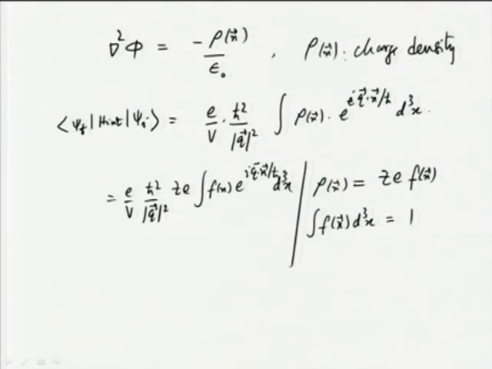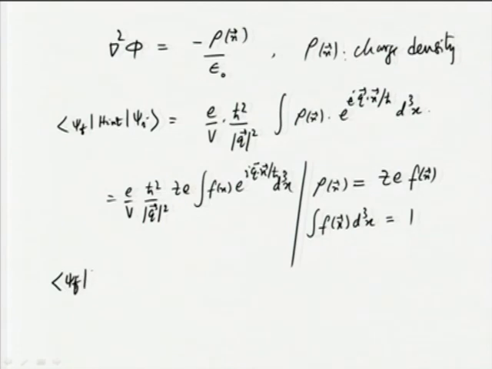This integral is the Fourier transform of f(x). And since x is integrated out, it is a function only of q. So, we will write it as